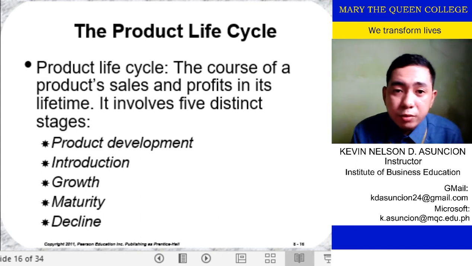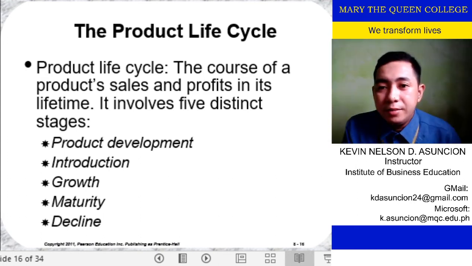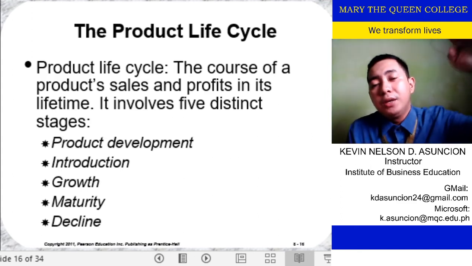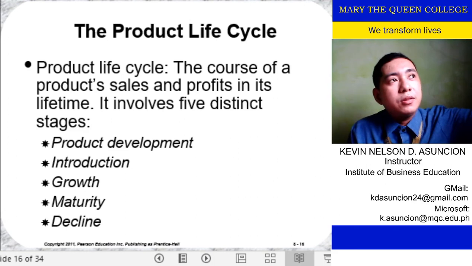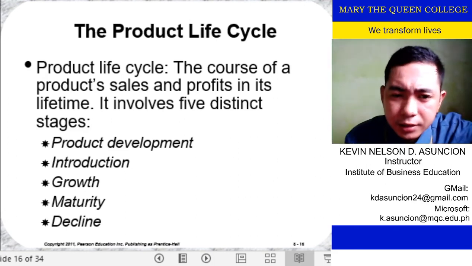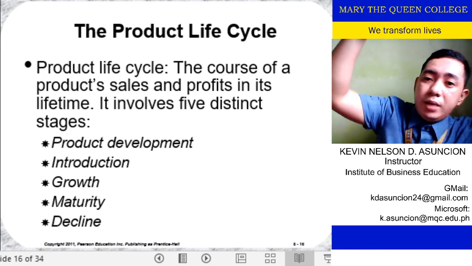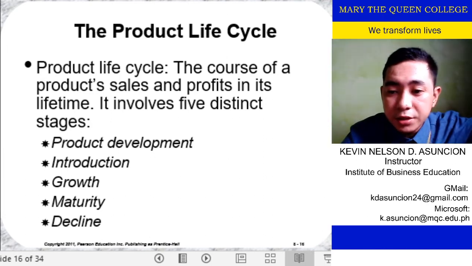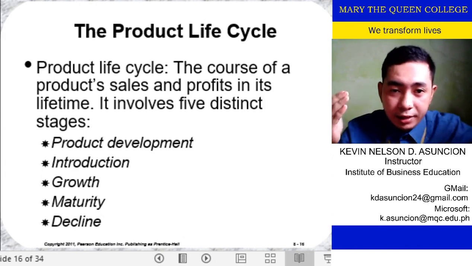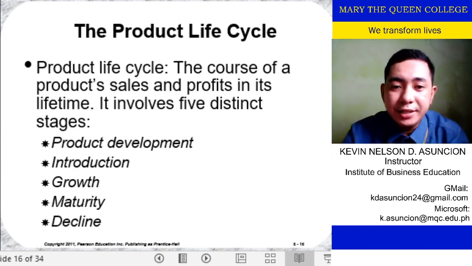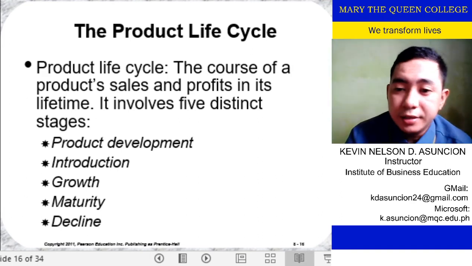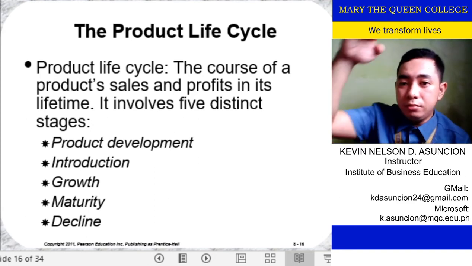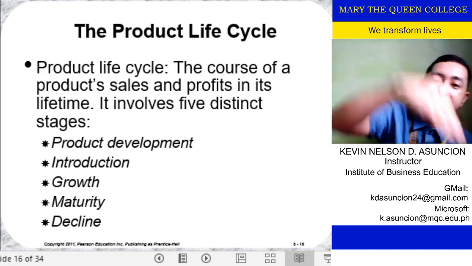So, there's what we call the product life cycle. I know you have heard this, and at some point we get to think about one concept in science: what goes up must go down. That's the law of gravity. Of course, everything has weight. In so many instances, these are the challenges that marketers and decision makers have to deal with. It's like a mountain. There's a slope up and there's a trend downwards.